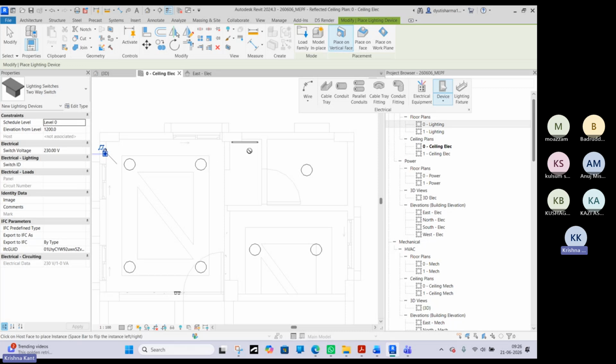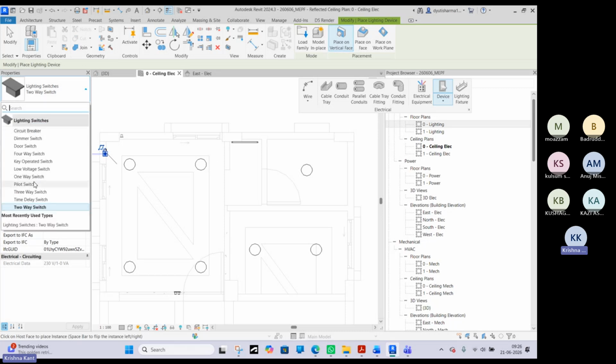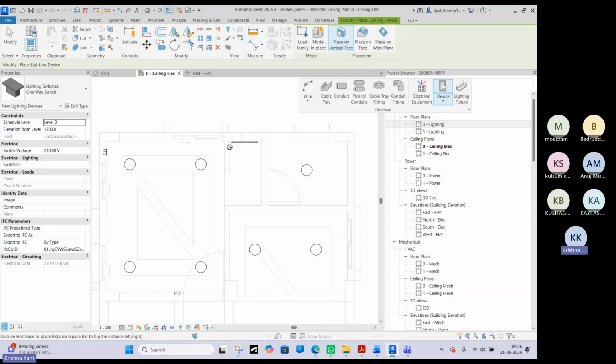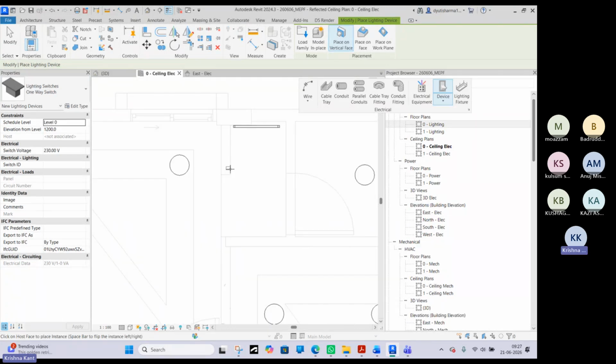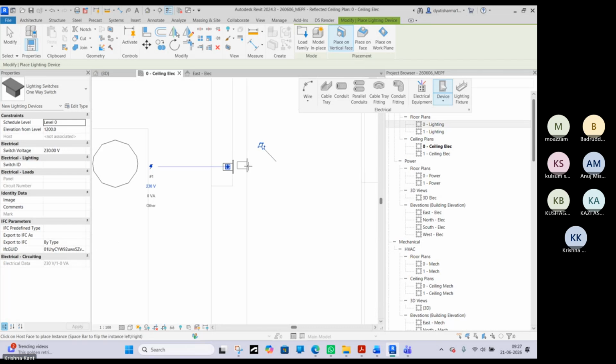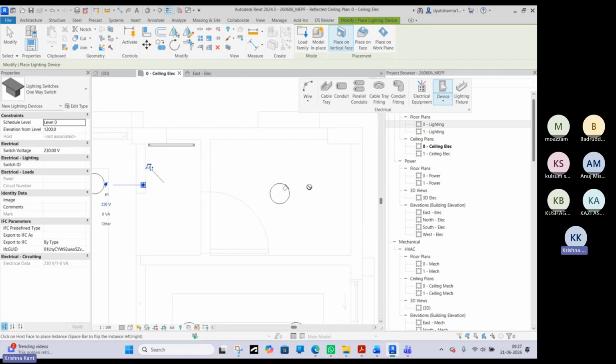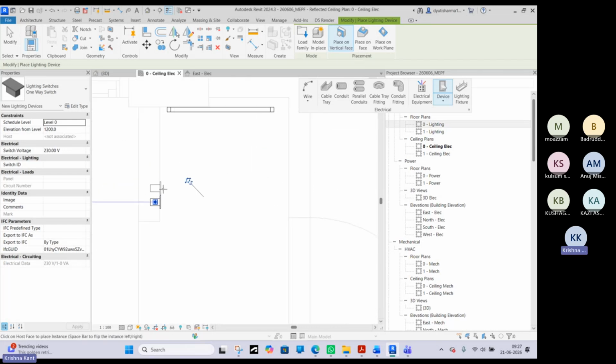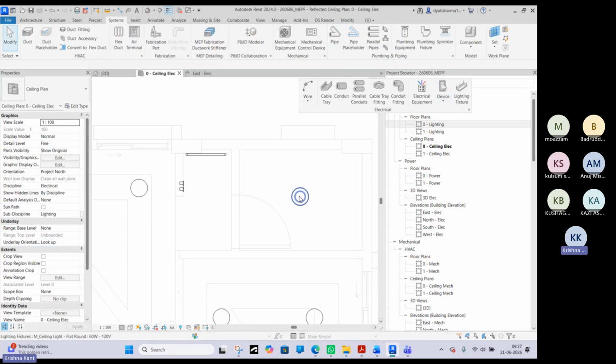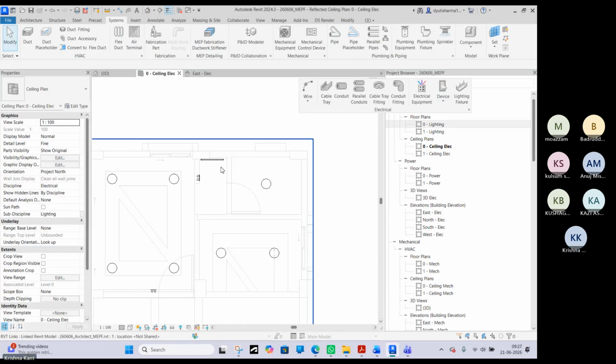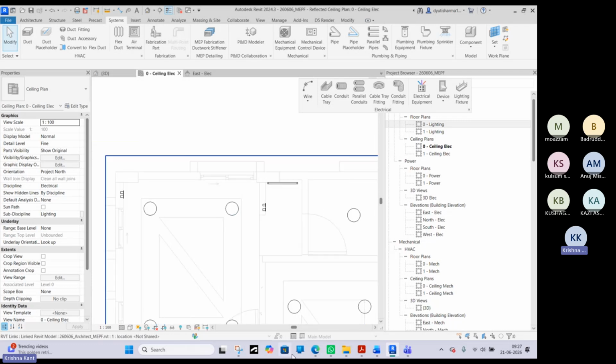Now let's provide a one-way switch. This is a two-way switch. Let's provide a one-way switch for this light. And another one switch for this internal one. Apart from that, if you want to add receptacles, that is